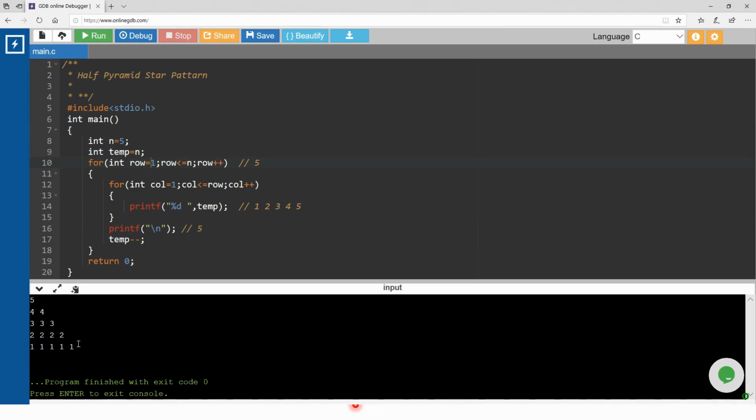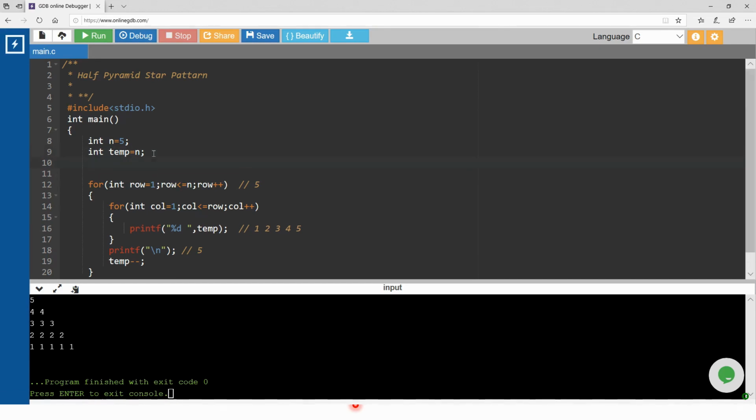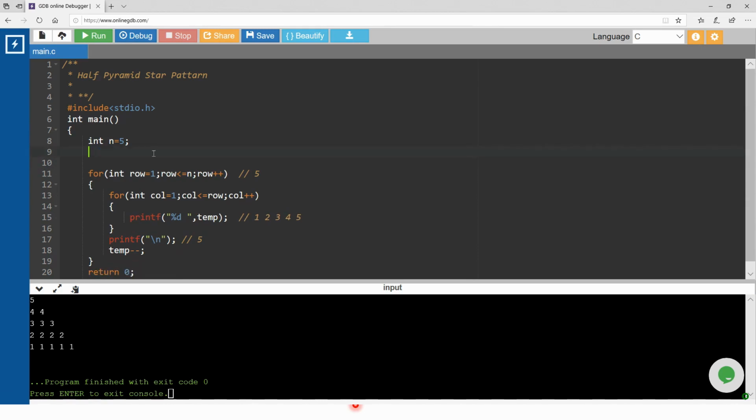So that's what I'm trying to say. Don't try to learn by heart. It is very easy, if you draw the shape in a table format, you can easily figure out some logic to print what to print in the printf. Let's print that counter one. So here, I'll just remove that.